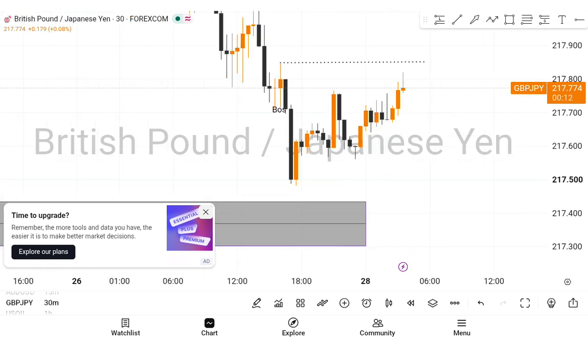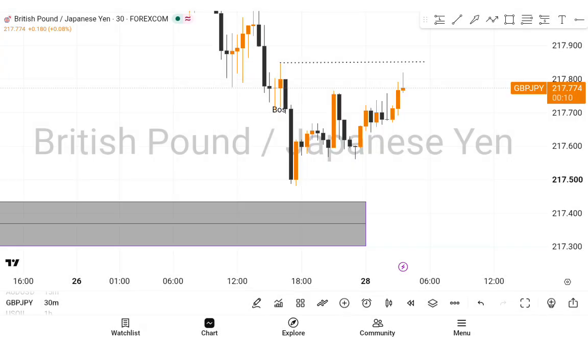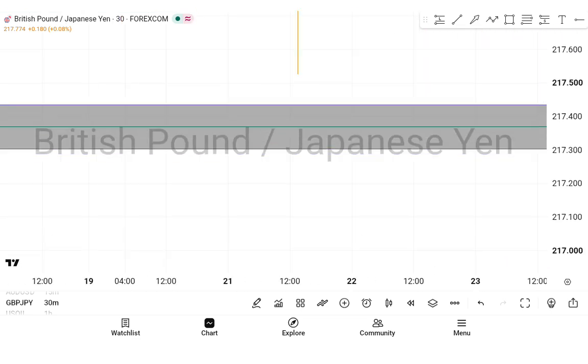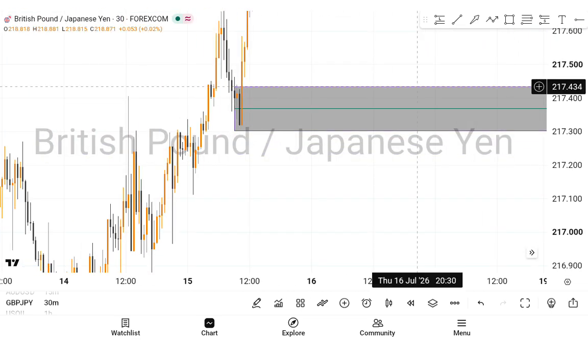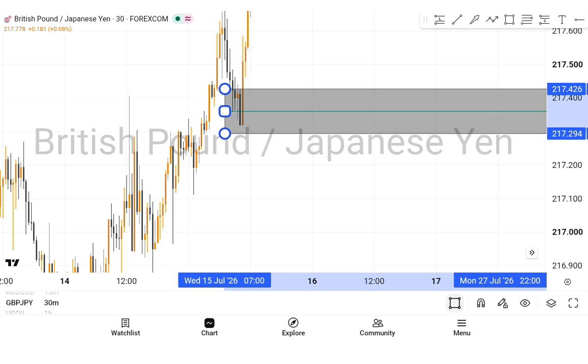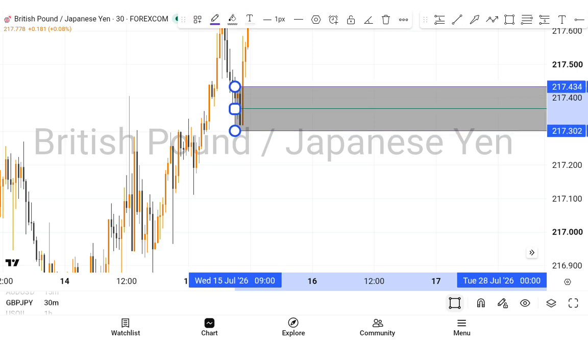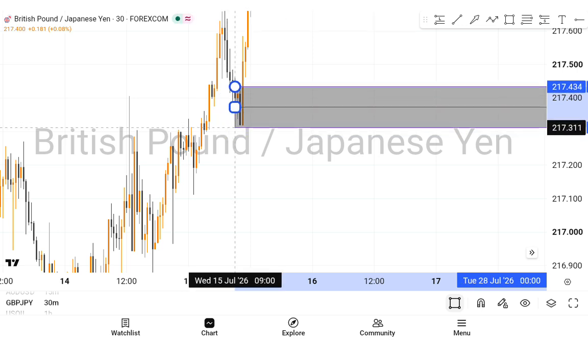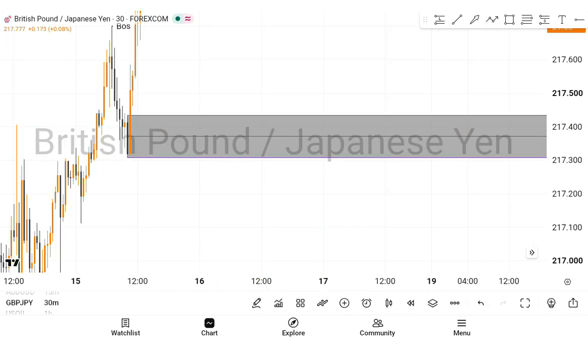So that's it. But the market has not given us that zone. And besides, the market did not come and tap into our other block. So we still have to be patient. Don't worry, I've been waiting for it for 7 days. It doesn't matter. The market is not giving you what you want. You just have to let it go.